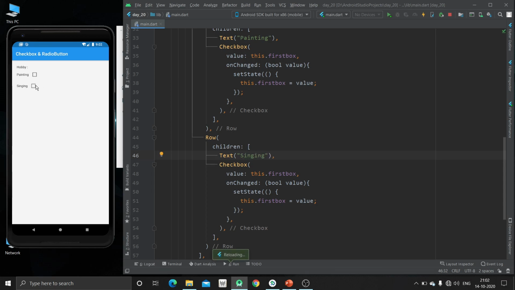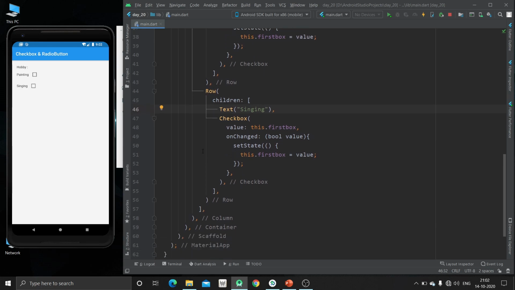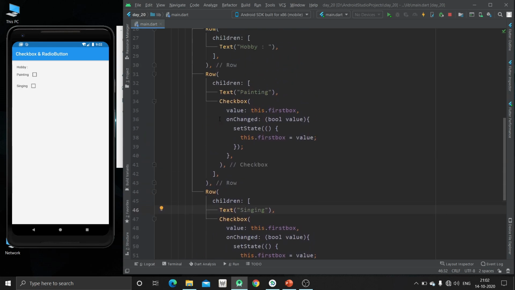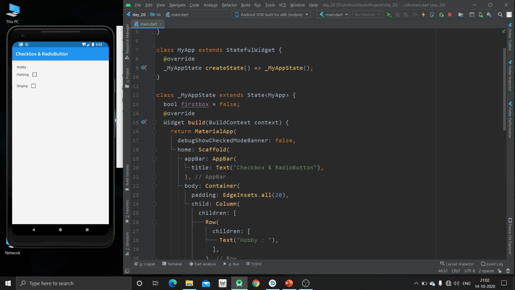So this is the second one. Now we will just remove this all to only, and we will just make it top 20, left 20. I'll just hit Ctrl and S. Now you can see.